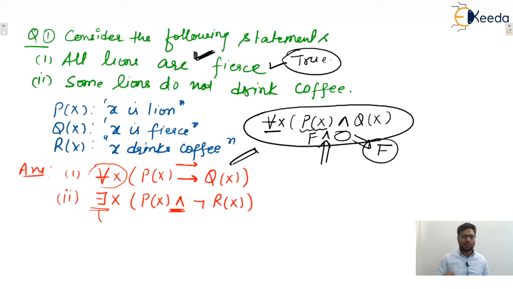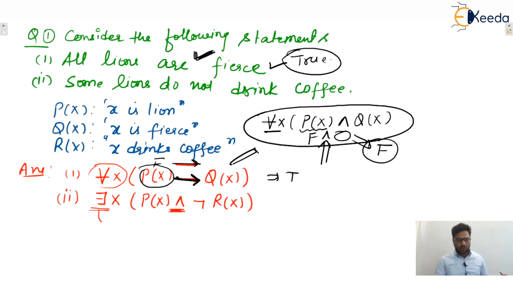That is incorrect logic. But if I use implication, then P(x) becomes false because there is no lion, and false implies anything is true. That must be true when the domain is empty. That is the concept behind this. So whenever we use the for every quantifier, then inside there will be an implication. I hope this one is clear to everyone.